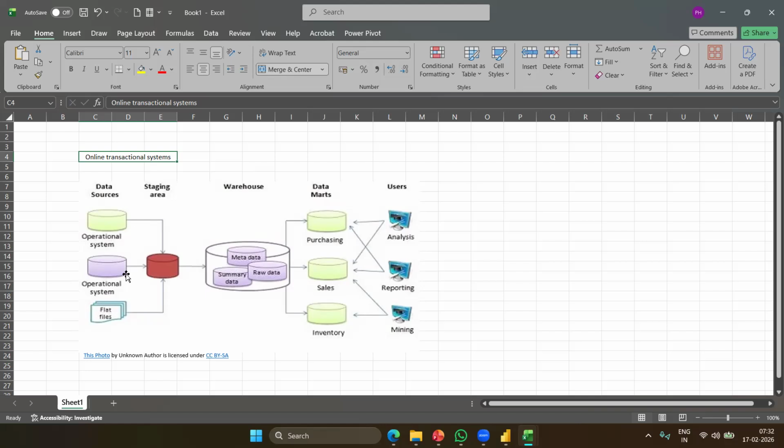right? Like pulling the data for one month or one year, aggregating it and finding the customer behavior, how many customers, how much profit is there. So at one point of time, what happened? The system is the same, but on one side the online transactional things are happening and on the other side analytical things are happening.